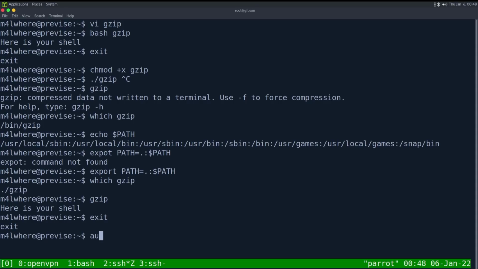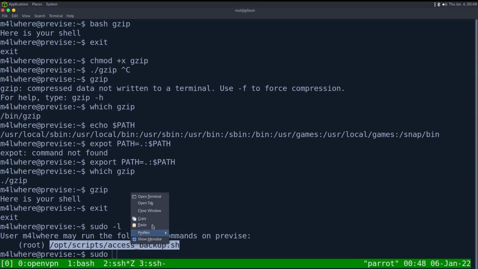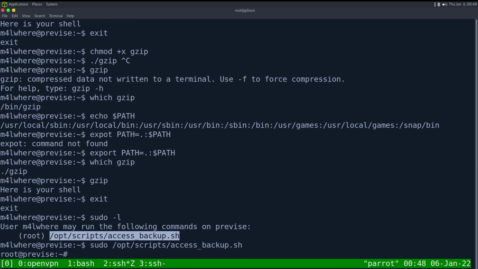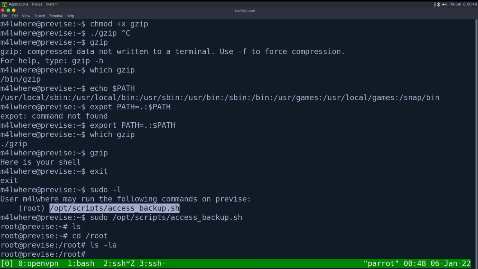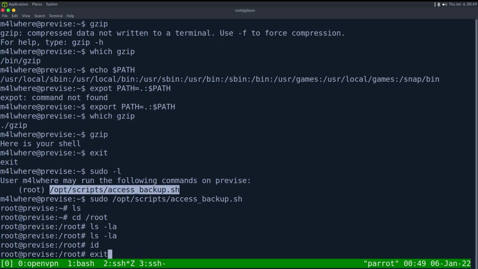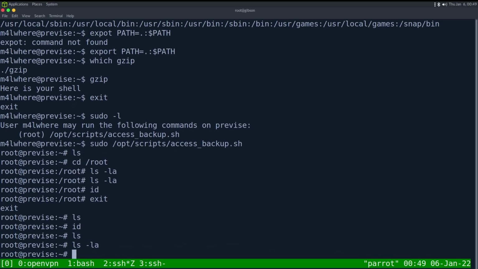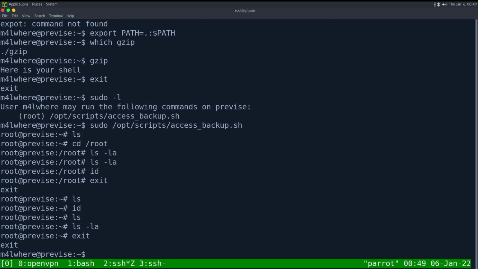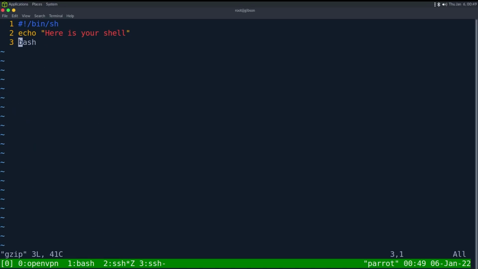So now we can do sudo -l and execute the script, and we get root. cd /root. Oh, id? Id? Ooh, we don't have output. That's weird. Let's see, vi gzip. Instead of that, let's do,